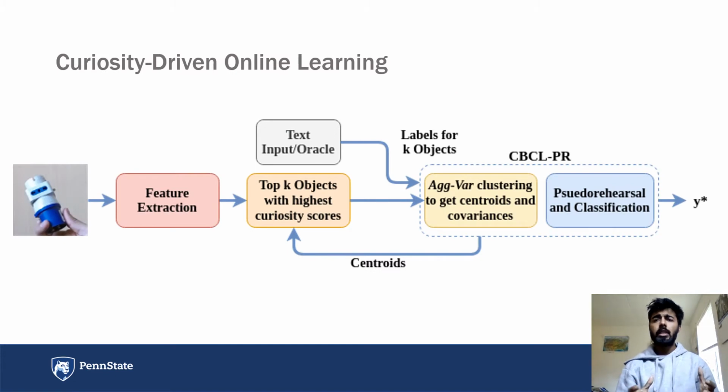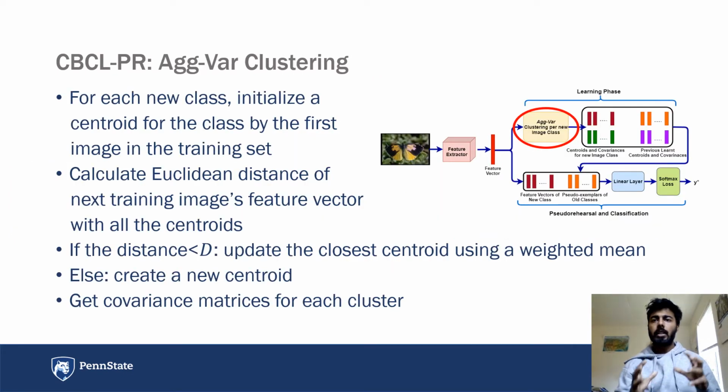So in this paper, we deal with a combination of these problems, which is curiosity-driven online learning, in which the model gets streaming data, which is completely unlabeled, and it is supposed to find the most informative samples to get the labels of. And the entire process that we present is a self-supervised system for finding the curiosity scores for different samples. So for the continual learning part of our system, we use CBCLPR, which is centroid-based concept learning with pseudo rehearsal, a technique that has been shown to work with fewer examples per class and producing state-of-the-art results